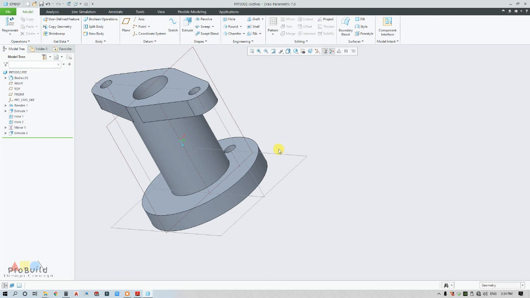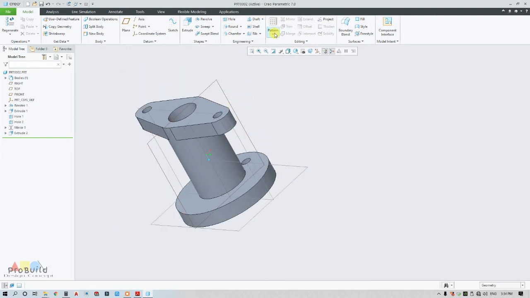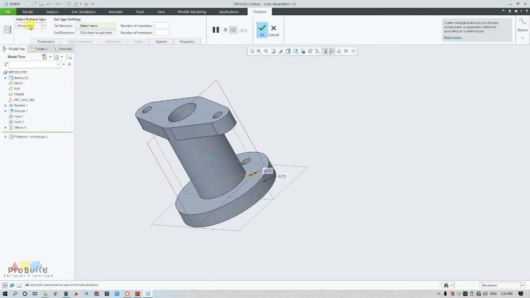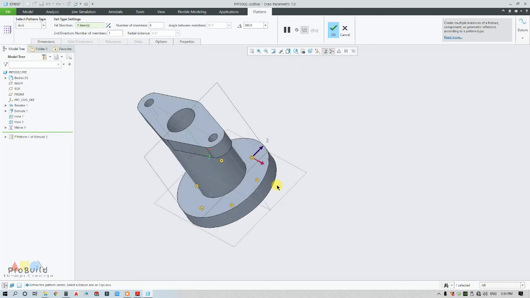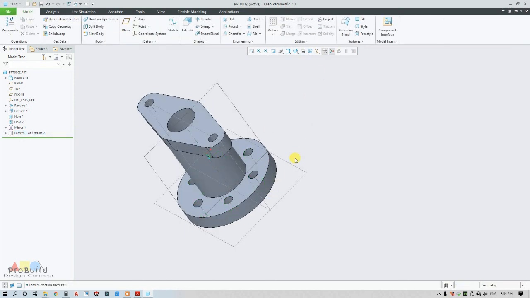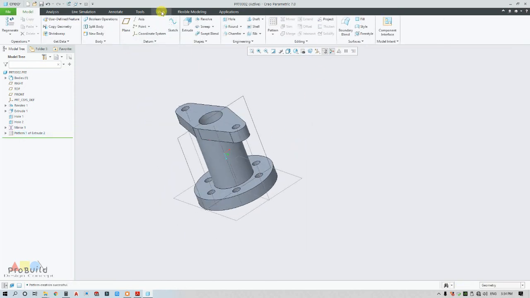Now this hole has to be made into a circular pattern. So I'm going for pattern, axis pattern, and select my axis. Here 6 members and select this 360 degree and you can see the preview of this. So just click OK. So my part is completely ready.